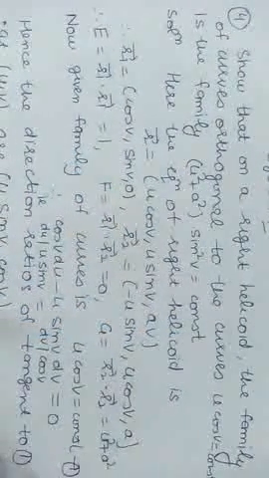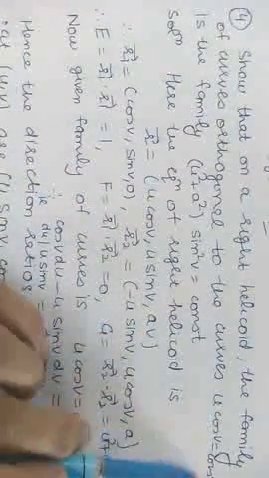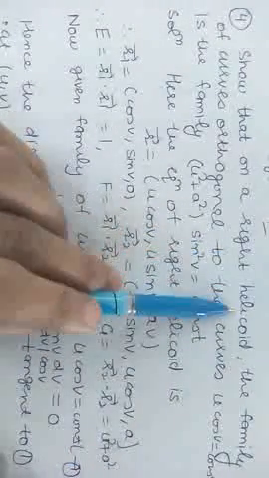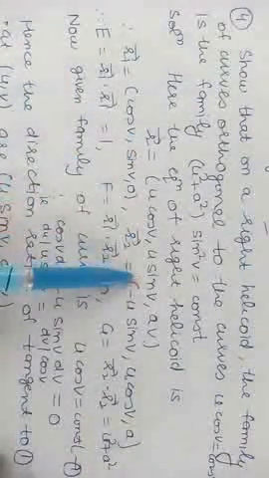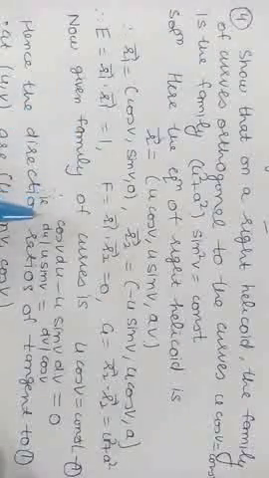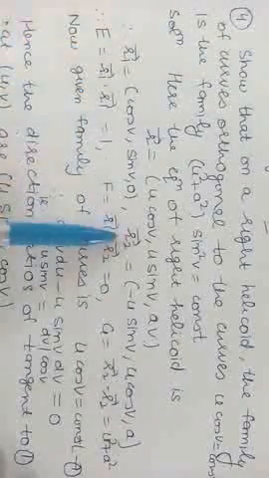Now the given family of curves is u cos v is equal to constant, and because we are given a right helicoid, on the right helicoid the position vector of a point is given by (u cos v, u sin v, av). So let us find the fundamental coefficients firstly. In order to find them, we require the vectors r1 and r2.